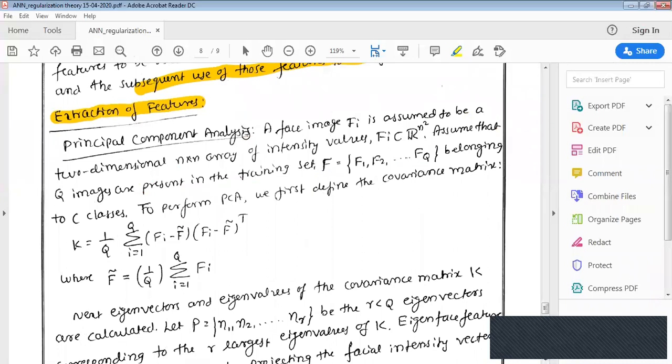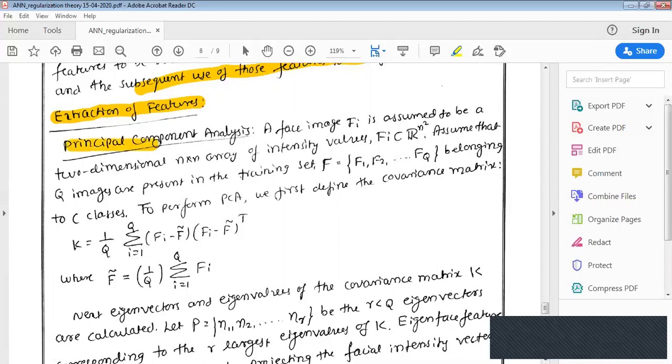Let us say a person's face is unique to individual persons. No two persons will be similar to each other except in one or two cases. Generally, assuming that each person is different, each face has different features. But if there are, let us say, 100 features for a face, all 100 cannot be taken. Your matrix will become very high, and that problem will never get solved.